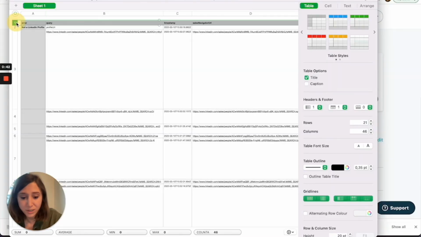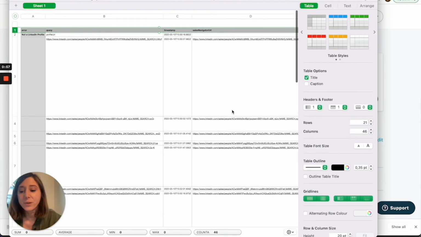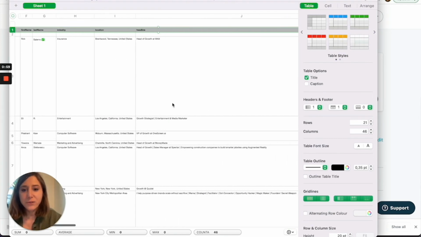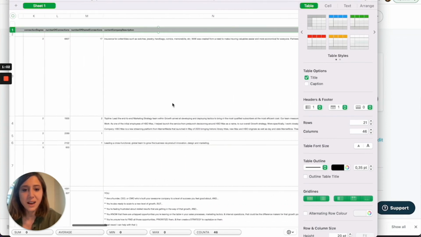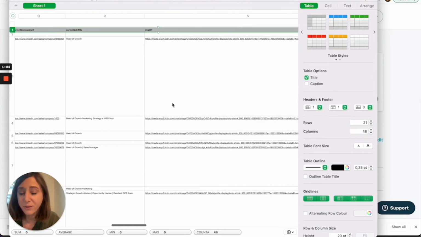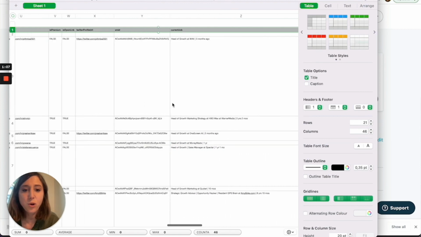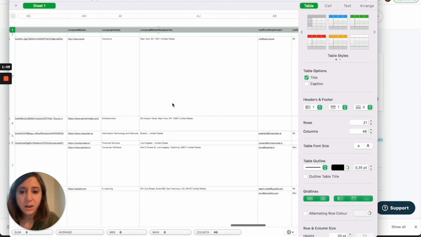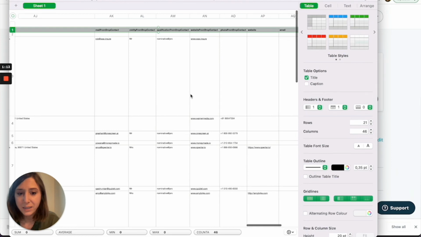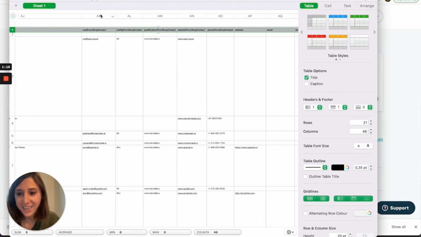It's gonna take some time for Phantom Buster and Drop Contact to process the contacts, but after a few minutes, that's the result we get. We have a file with 46 columns, so it means that it's 46 touch points or 46 variables you can put in your cold email campaigns, in your cold email message. So we have the full LinkedIn profile. We have the first name, the location, the headline, the connection degree, information about the company, about the school the contact's been to. At the end of the file, we have the Drop Contact information.